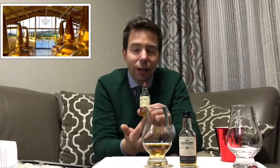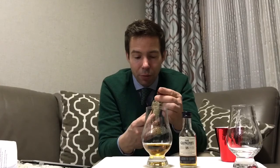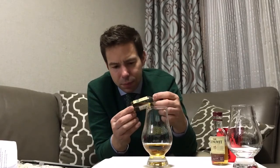Apparently this one uses 12 to 13% sherry casks, so that's pretty interesting. It also seems as though the 12-year-old is using some sherry casks, and if you watched my previous review, which was of the Glenlivet 15-year-old, I mentioned the French oak that had a big effect on this one. At least I believe a big effect, a big improvement over the basic 12-year-old. Anyway, this 18-year-old, any bottling date here? Huh, not listed. Okay, well, anyway,